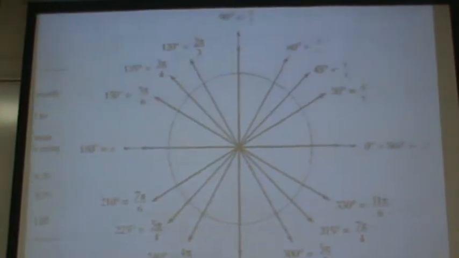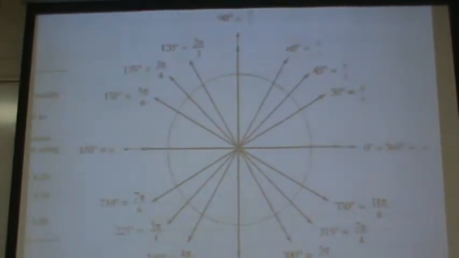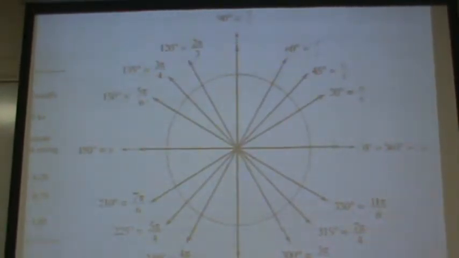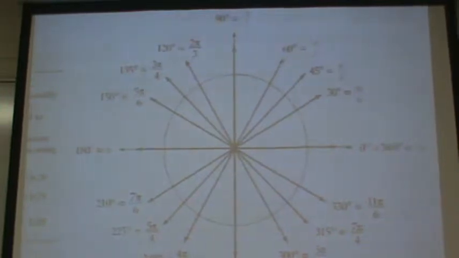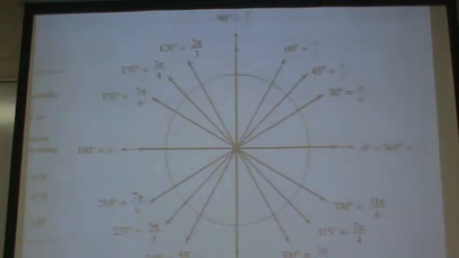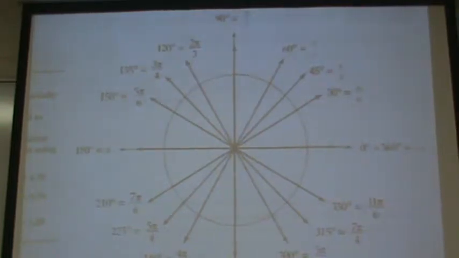And this unit circle gives us some of the more common radian measures for specific degrees. You don't have to memorize these, but they are good to know because they are some of the most common ones that we'll use. And if you know the degree or the radian, you can always convert back so that you don't have to